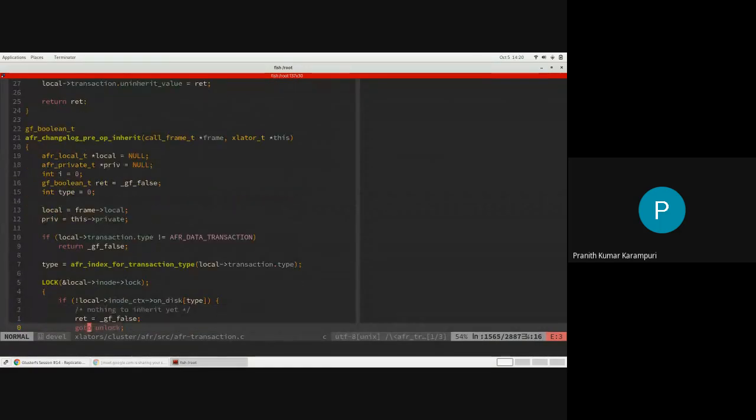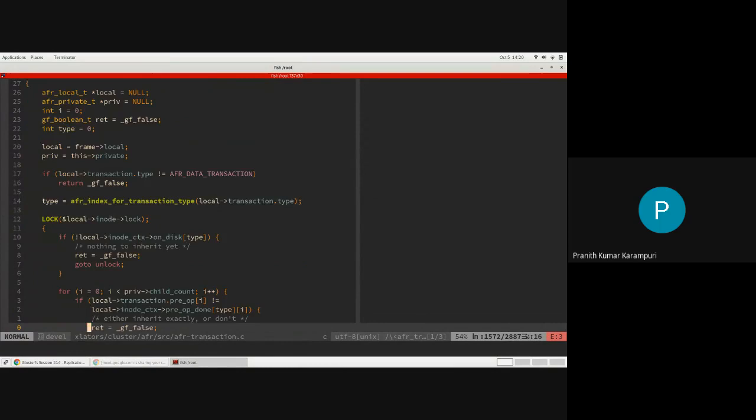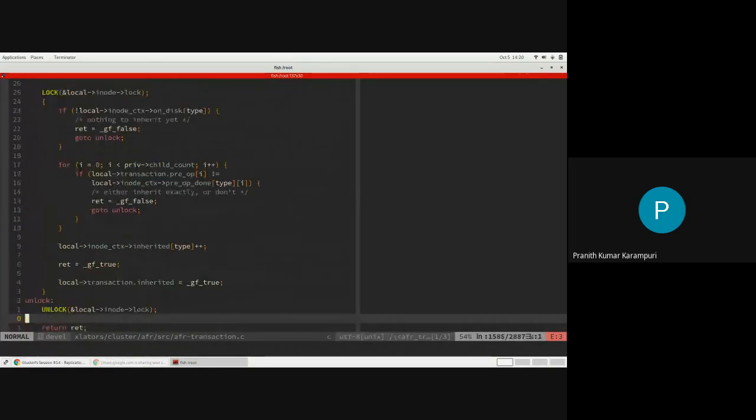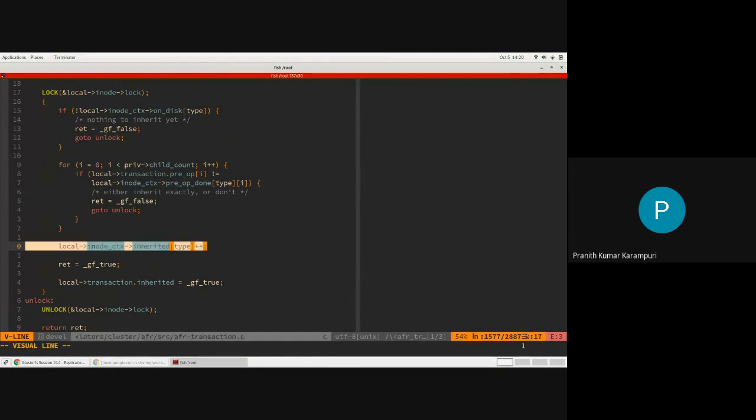That is, if you have some operations in progress which have already done the marking required to do the operation, then you will see that this pre-op is already done for this transaction, so I will just inherit the pre-op and post-op values. So you will set this transaction's inherited to true.